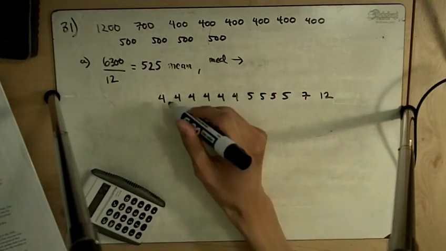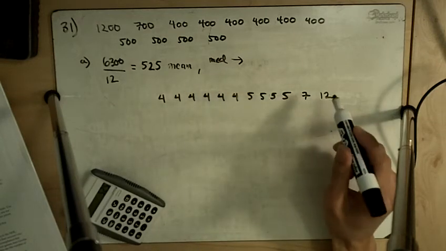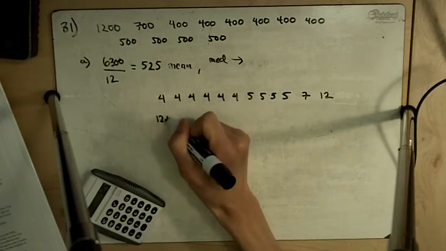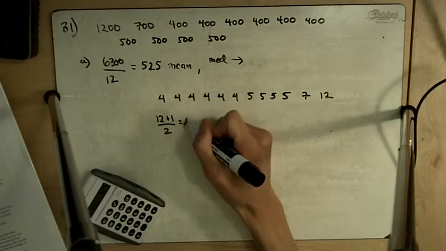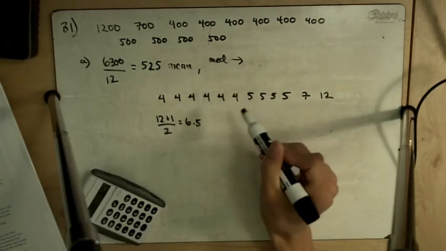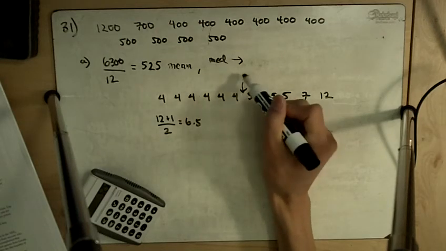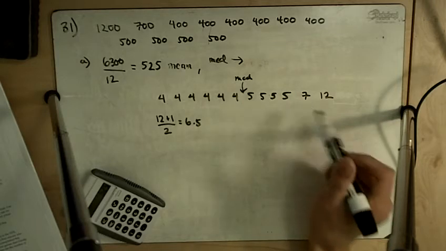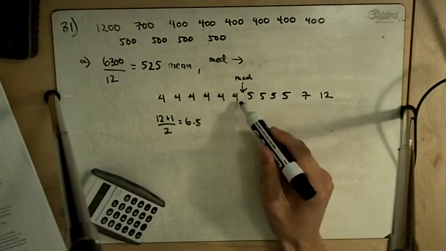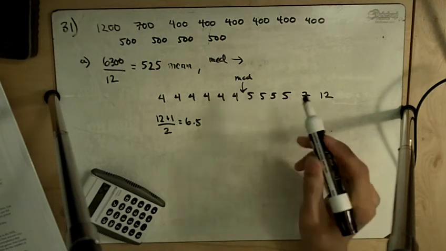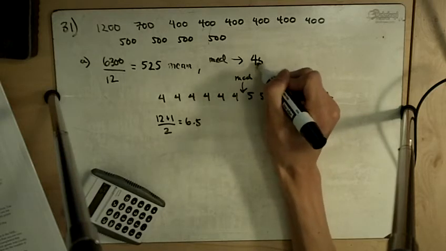Okay, we have a total of 12 numbers, 6, 10, 11, 12. So we have 12 plus 1 divided by 2, which is 13 divided by 2, or 6.5. So we find the 6.5 number. So that's 1, 2, 3, 4, 5, 6 and a half number. So this is going to be the median right there, between the number between 4 and 5. 1, 2, 3, 4, 5, 6.5. So coming from the other way, it's also 6.5. So the number that's in between 400 and 500 is going to be $450.